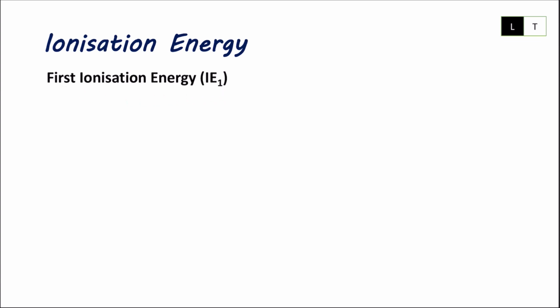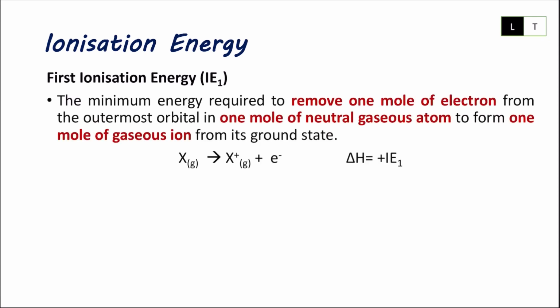First ionization energy is the minimum energy required to remove 1 mole of electrons from the outermost orbital, or in this case, from the valence shell, in 1 mole of neutral gaseous atoms to form 1 mole of gaseous ions from its ground state. So in order for you to understand the equation for first ionization energy,